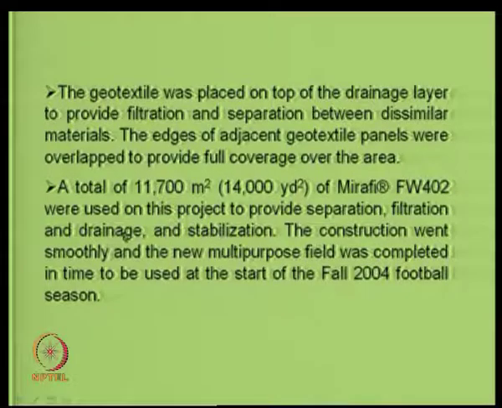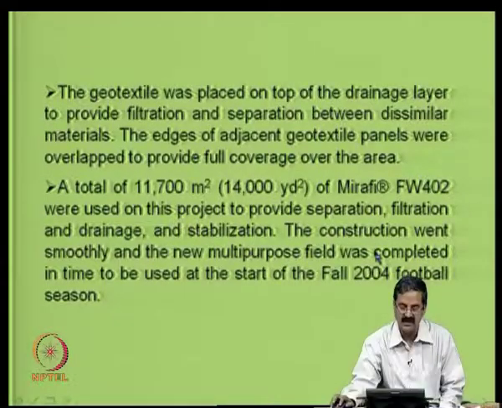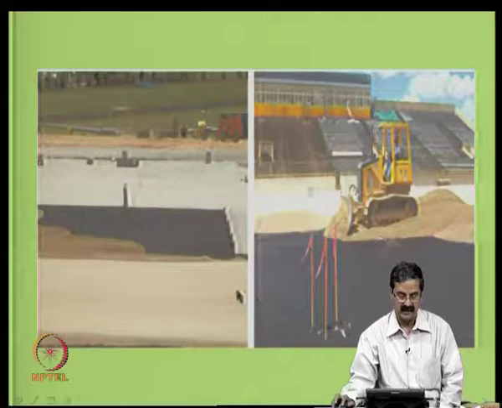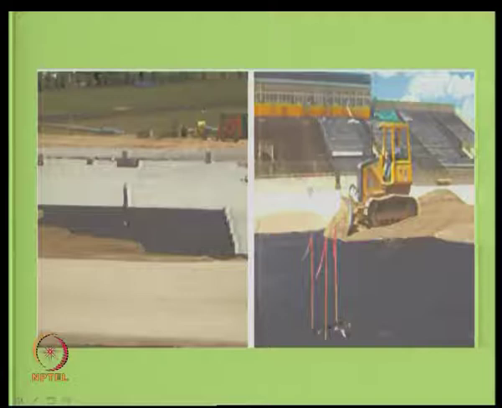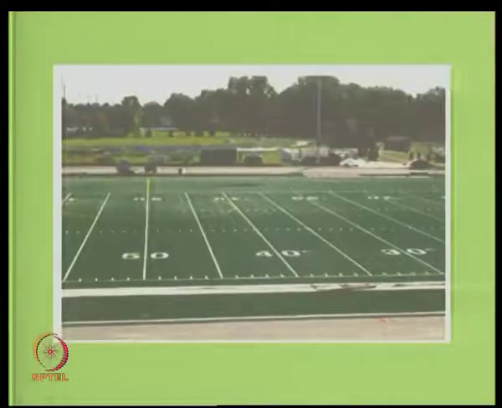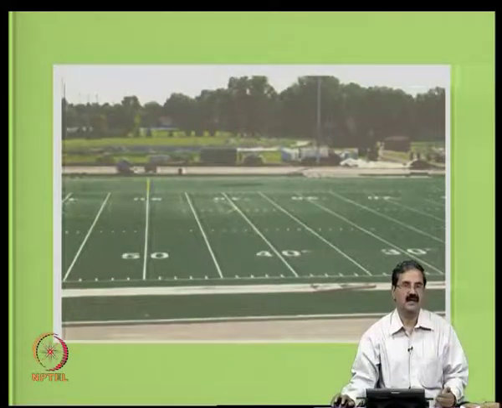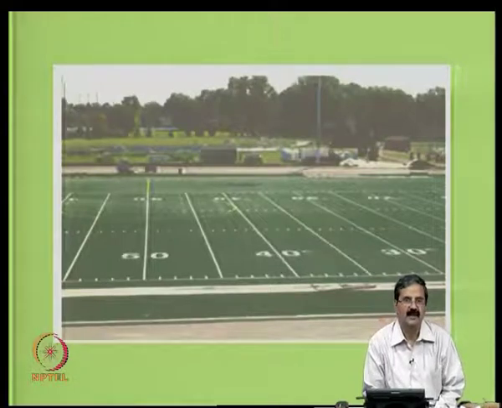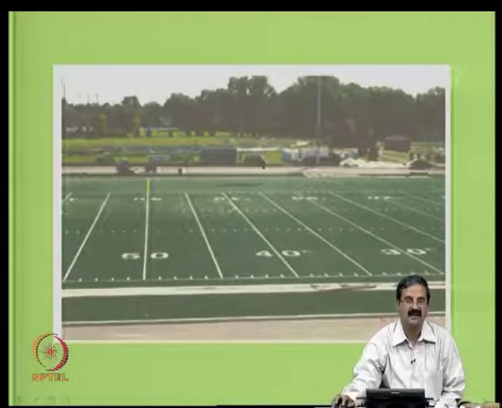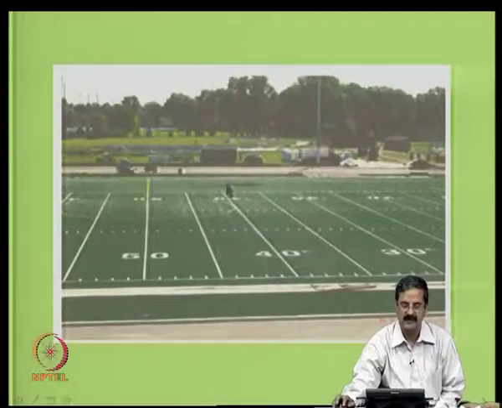So it was used to provide all these functions, and it was able to, for the football season it was getting ready. So, you can see some more figures where the things are being done. Finally, it is ready. So, this is the way, even for example, places like Sri Lanka, where there is always a problem of disruption of cricket matches or whatever with rain. I am sure that they must have had excellent facilities, but at the same time one should look at, yes, are the facilities sufficient, or can one do that in any place.